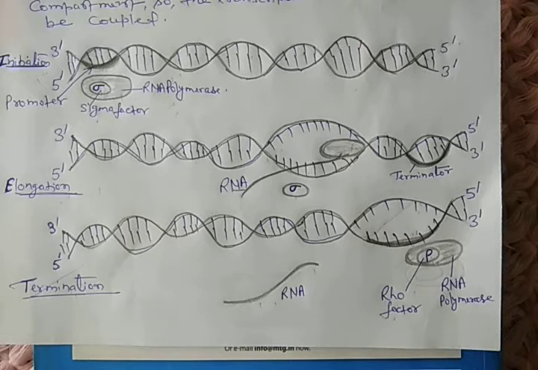A gene is the functional unit of inheritance, meaning a gene contains information for one function in an organism. After that, Beadle and Tatum proposed a hypothesis called the one gene one enzyme hypothesis. According to this hypothesis, a gene is responsible for the synthesis of an enzyme, and that enzyme regulates the metabolic reaction.